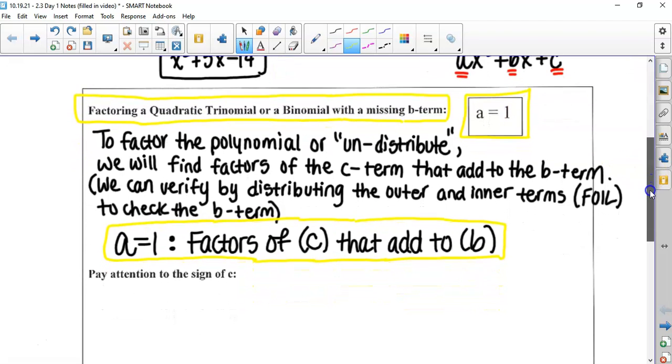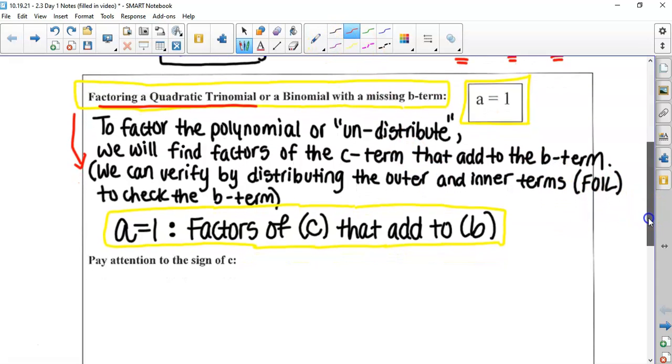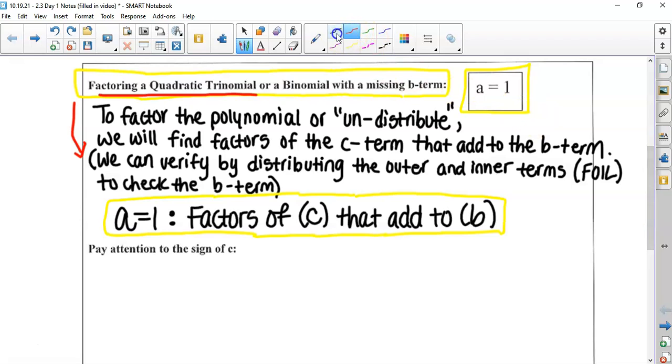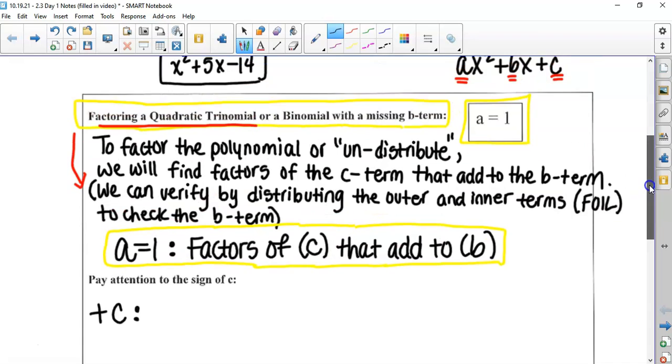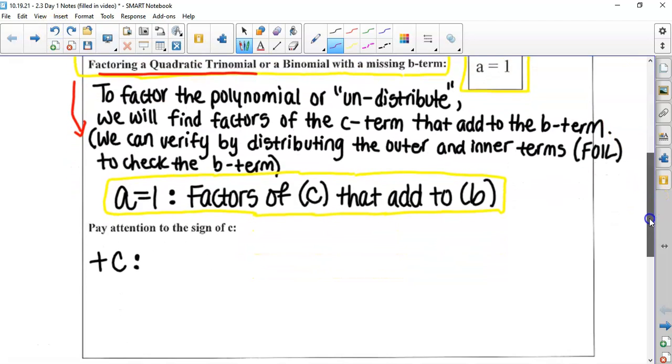So when we have a quadratic trinomial, this is the key here. Factors of c that add to b. We have an important note here on paying attention to the sign of c. I'm going to abbreviate here. When it's a positive c term, and again, when we say c, we're talking about this right here. So when we have a positive c term,